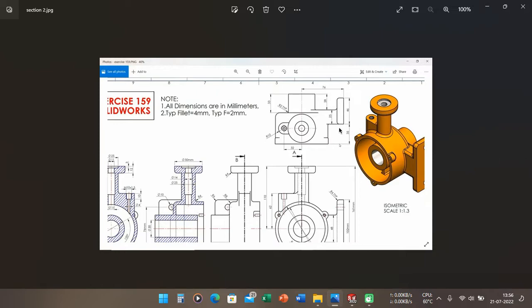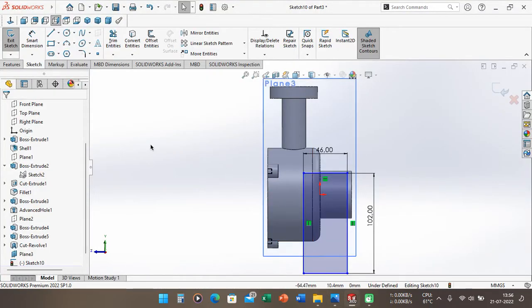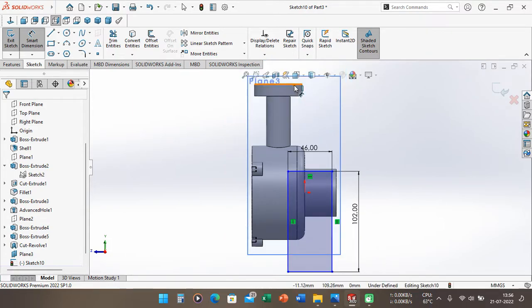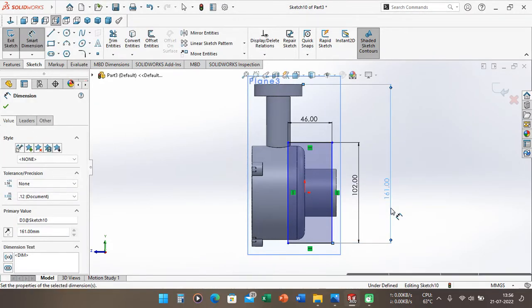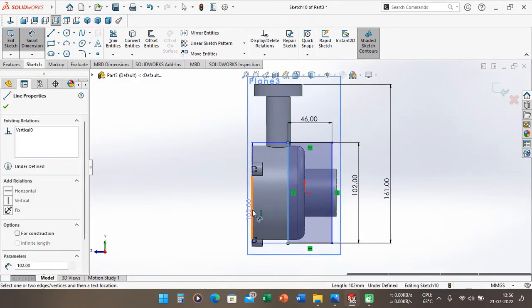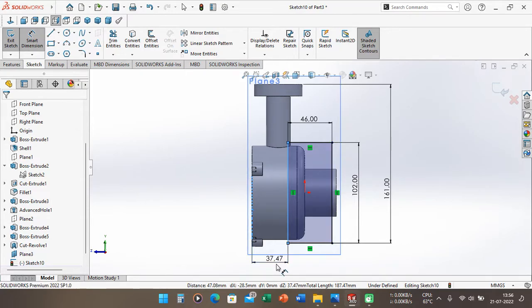And then if we see again, the distance from this face until this face is 35 millimeter. So we can define here just the top section and the section. We can define 161 millimeter, and then here from here is 35 millimeter.